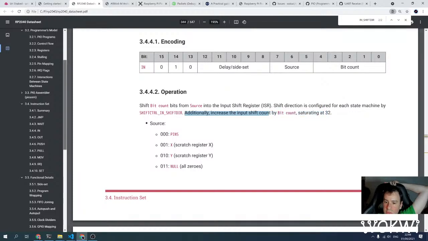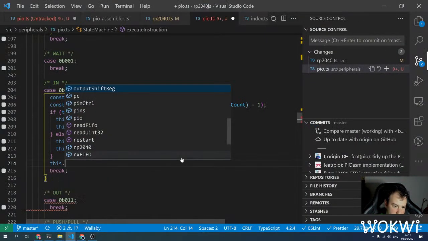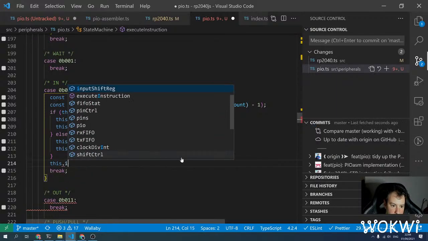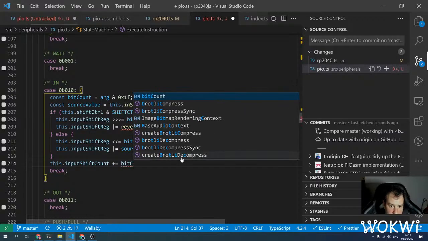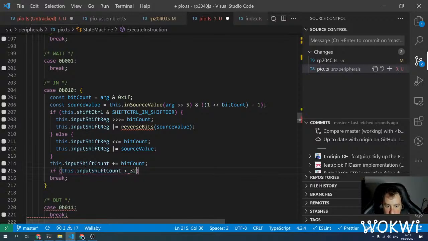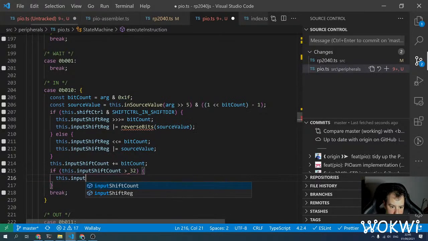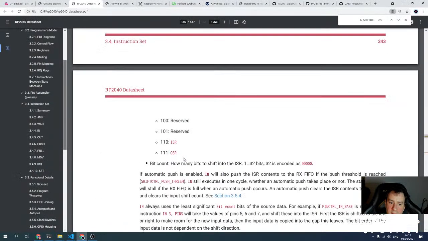Increment the input shift count by bit count, saturating at 32. So we should say the input shift count plus equals bit count, and then if this is more than 32, then we should saturate it at 32. All right, and then